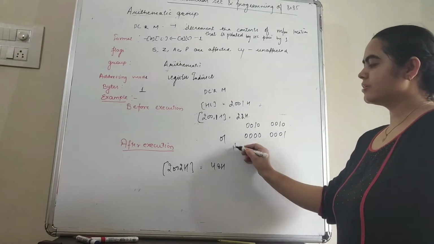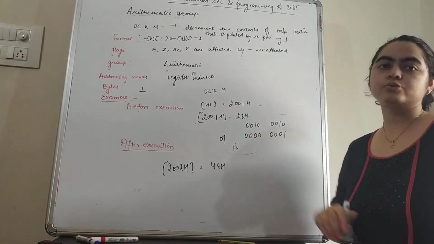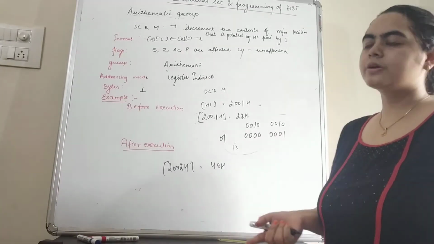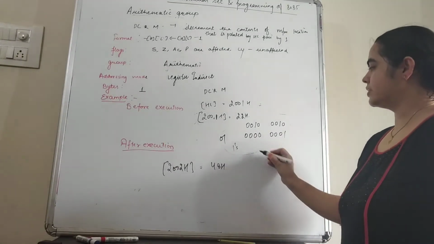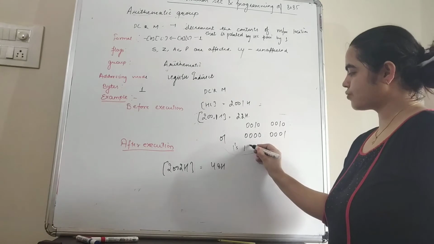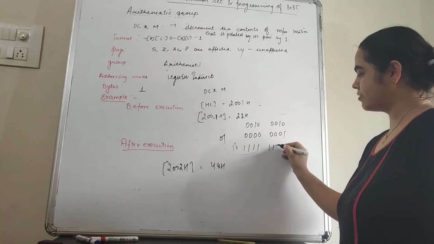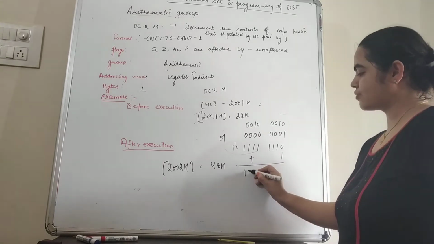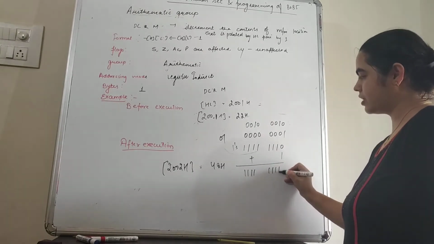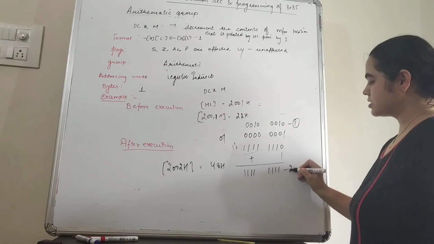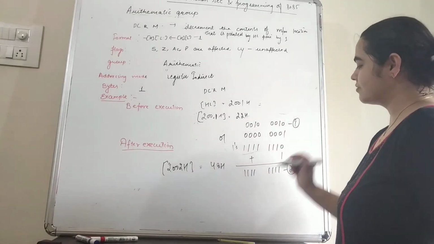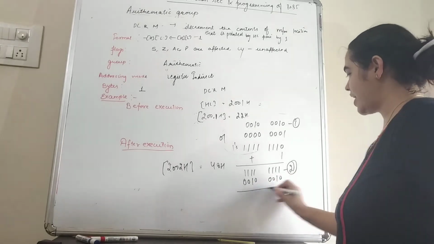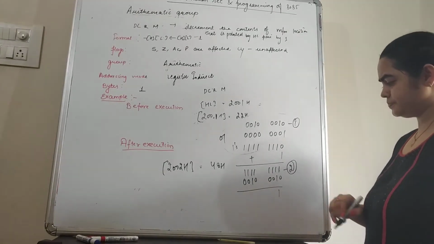Firstly we find the 1's complement, because here we have to subtract 1. In order to perform the subtraction we perform it with the 2's complement. So the 1's complement of this number is 11111110. Now we add 1 with this number, so the answer is 11111111. So this is the first number, this is the second number. Now add 1 with 2. So after adding these two numbers, 1 and 0 is 1.